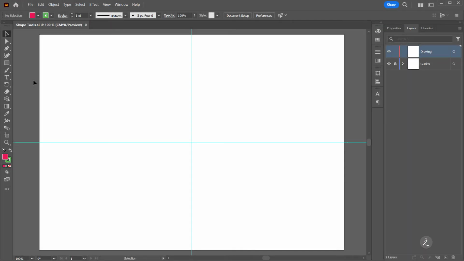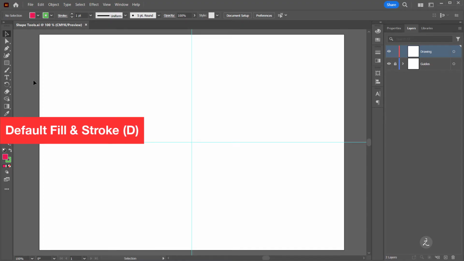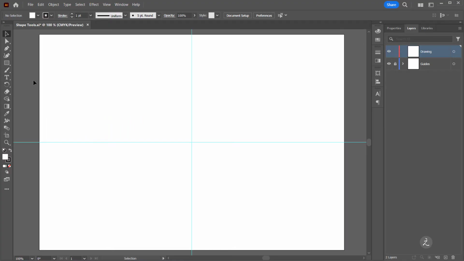Alright, so inside Adobe Illustrator, and before I start, some things to set up. First, I'll press the letter D on the keyboard for the default white fill and black stroke, and I can see that at the bottom of the toolbar. I'm also going to press the / on the keyboard to set the fill color to none.